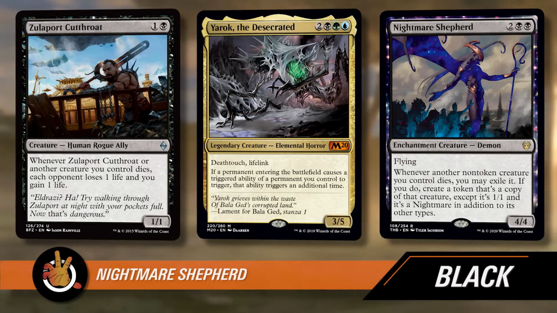Die again to something. The next one is Woe Strider. It's 2 and a black for a 3/2 horror. When it enters the battlefield, you create a 0/1 white goat creature token. And that poor goat is not long for this world. It says, sacrifice another creature, scry 1. So the same text as